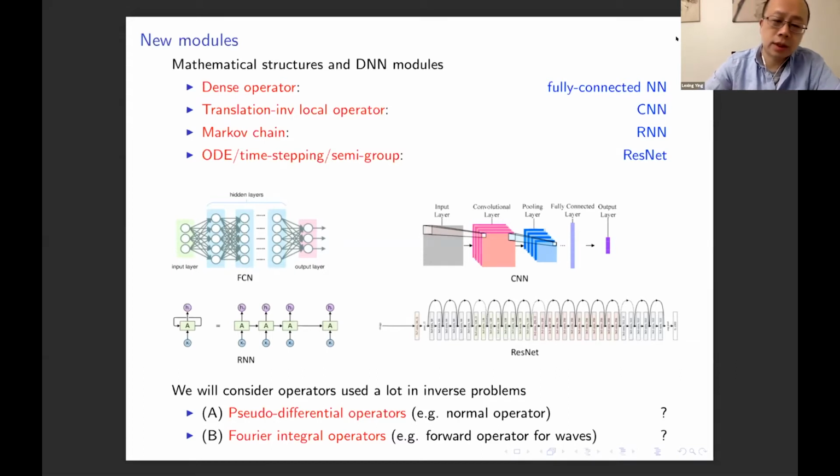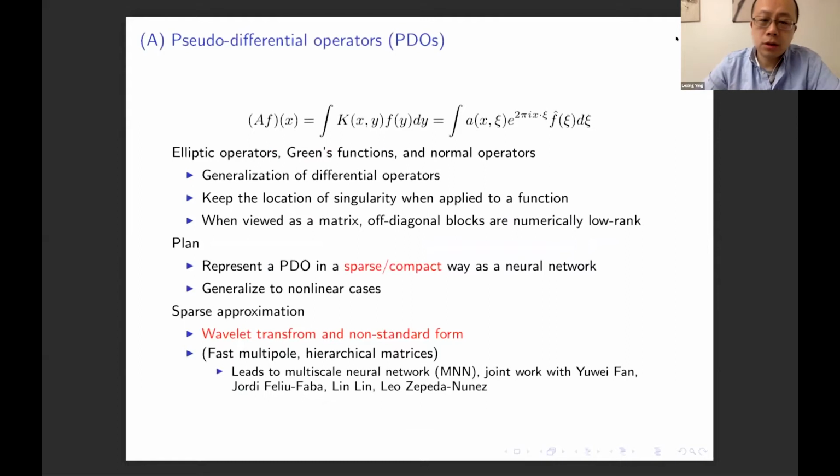So the natural question we ask is: if we want to work with these operators, can we design neural network modules which represent these operators in an effective way? Let's first take a look at the pseudo-differential operator. Here I'm not writing down the exact definition, but if you have a pseudo-differential operator A,